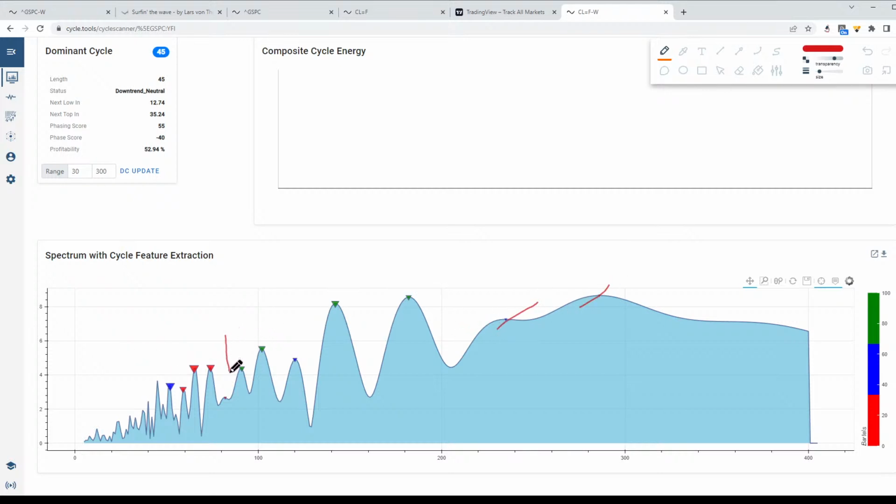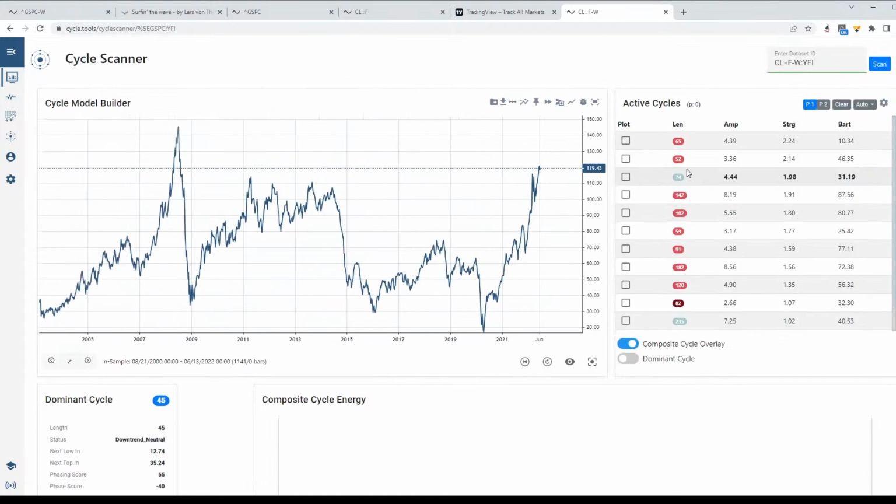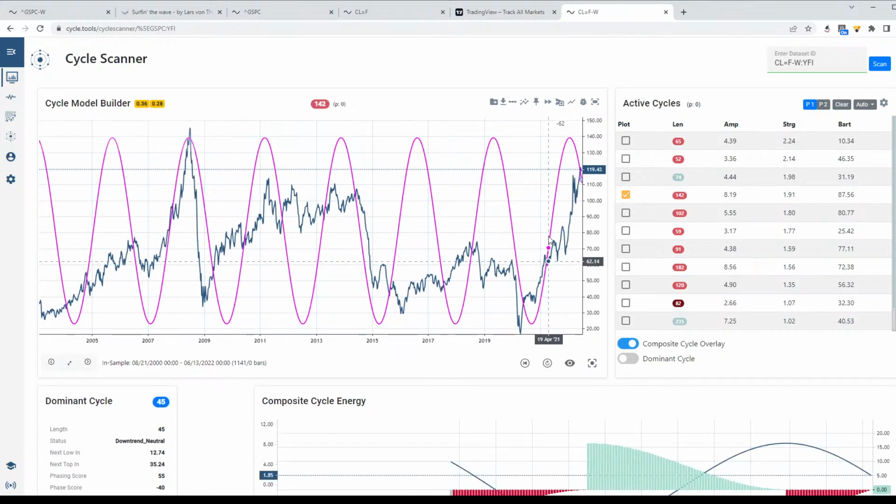You could then argue maybe the next ones to look at are these two cycles here at these given lengths, but I would always start with the more important ones. So that's the reason. Let's pick these two cycles for our analysis. So just a short wrap-up of why we choose these cycles. So we go up to our list. The first one has a length of